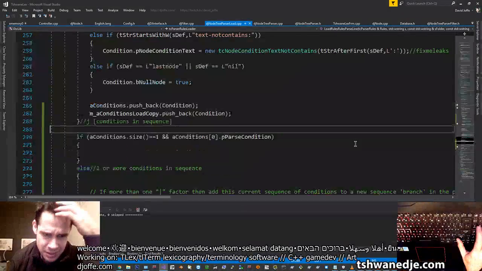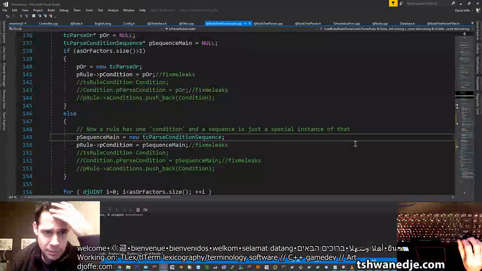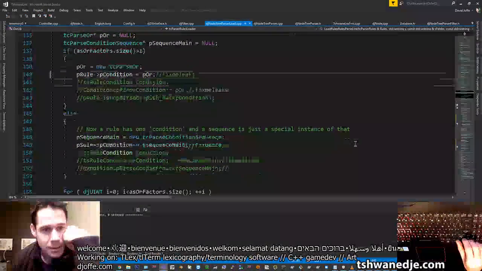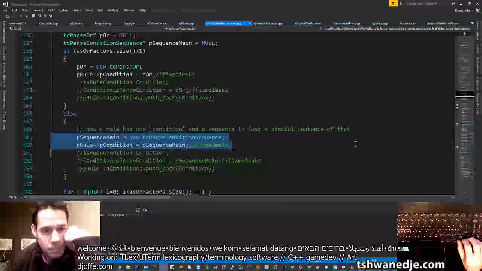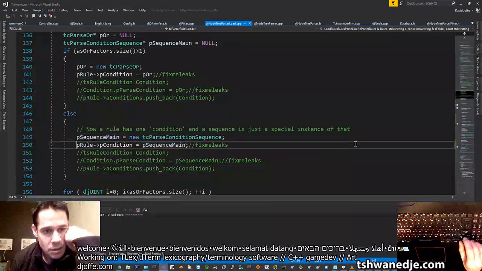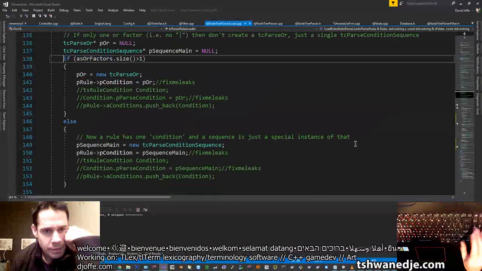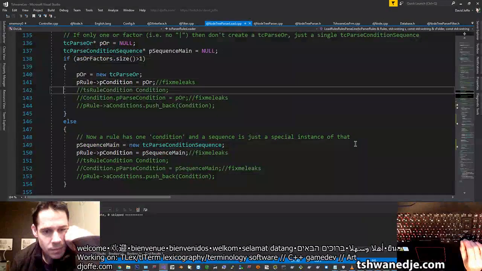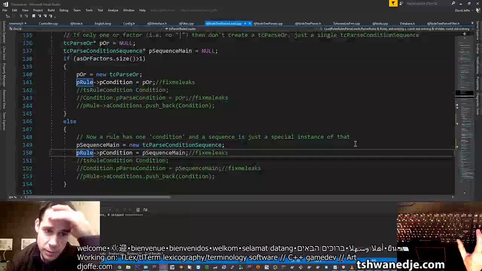When do we set the rule? Condition thing. Ooh, this is now wrong. Wait, what? Oh no, wait, this must be right. Yeah, this only creates pre-rule condition is either or the main sequence. So this is now wrong. Because, what? If OR factors, yeah, we don't need a sequence main. Yeah, if there's an OR, then